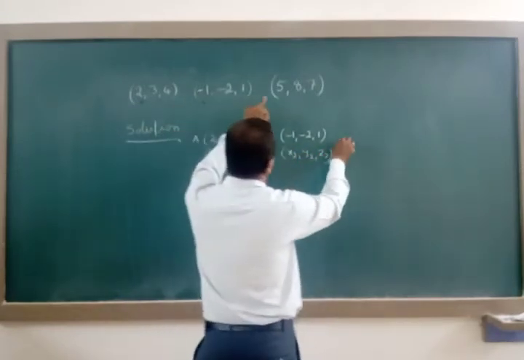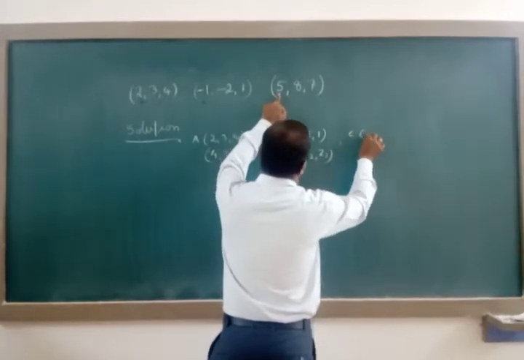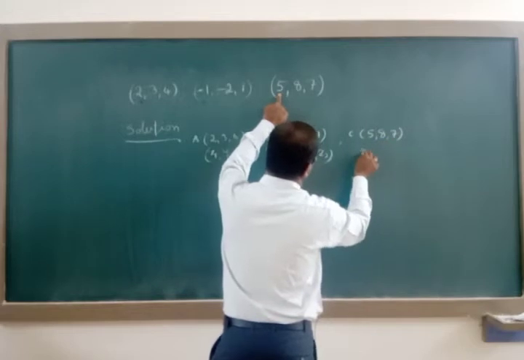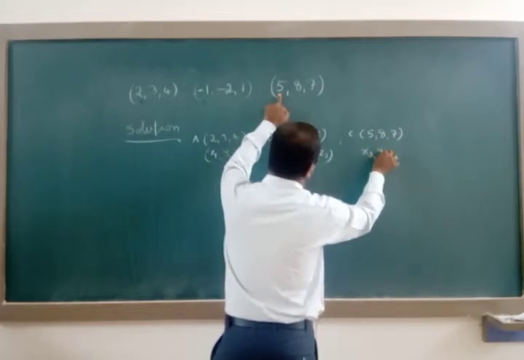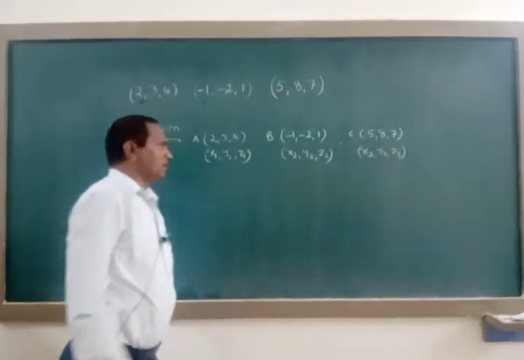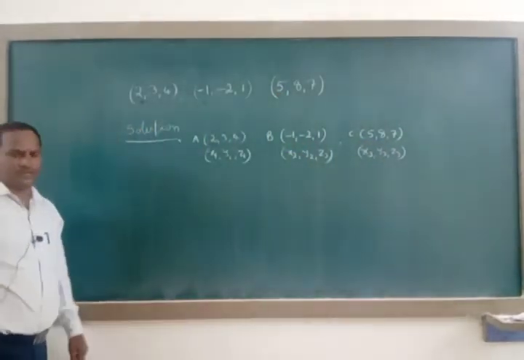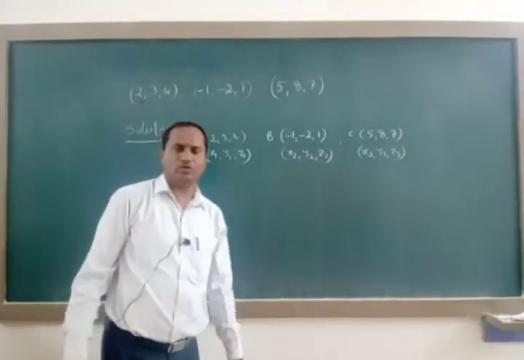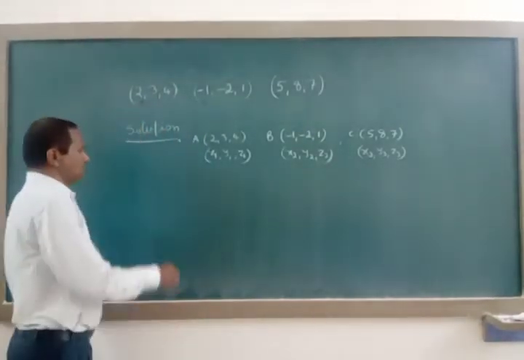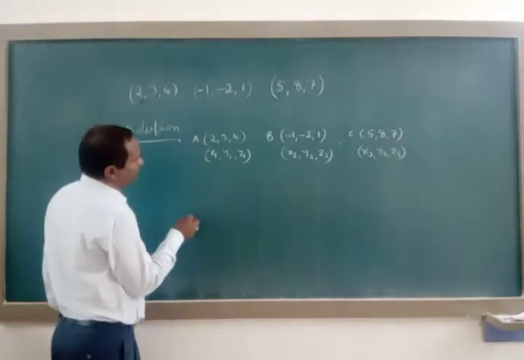Next one is C, 5, 8, 7, considered as x3, y3, z3. Based on these 3 points, I gave one condition to show they are collinear points. That is, the condition for collinear points is